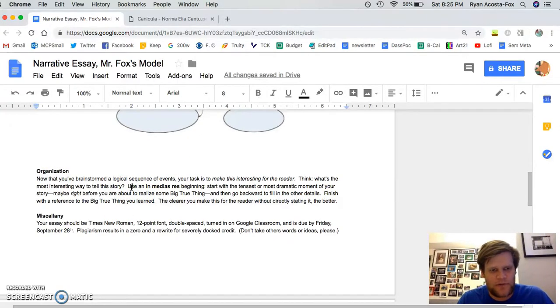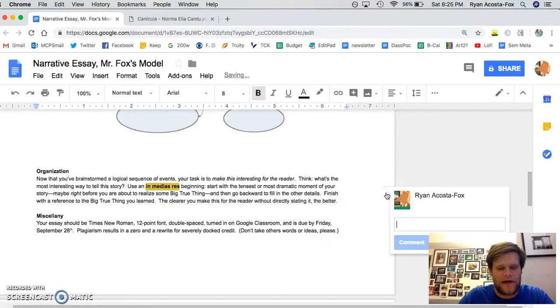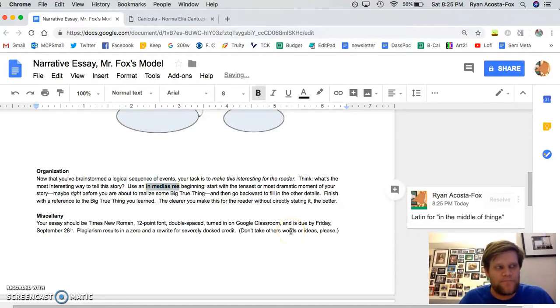And for this narrative, I would like you to use what's called an in medias res beginning. I'm going to define this over to the side. It sounds very complex, but all it really means is in the middle of things. I'm not totally sure, but I believe it's Latin for in the middle of things. So rather than start a story at the beginning, which is the easiest place to start and how most stories start, like, tell me about this time. Well, I would say, it was in Orange Park, Florida, and blah, blah, blah.